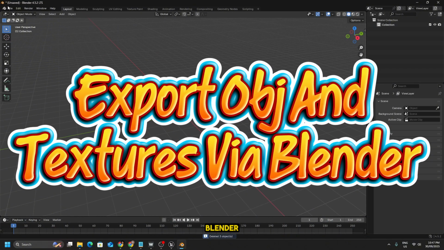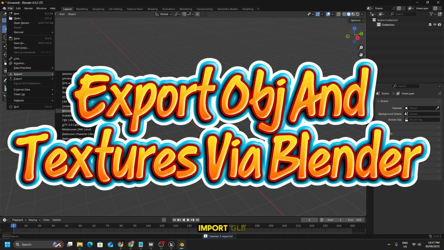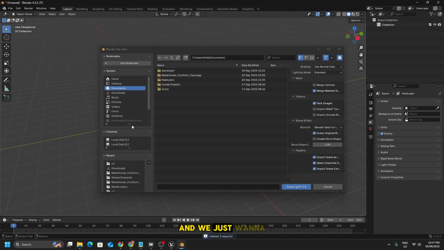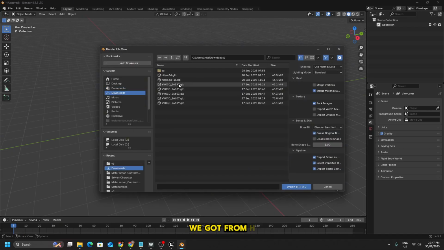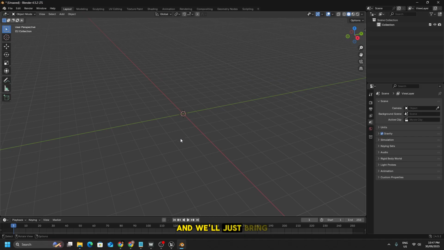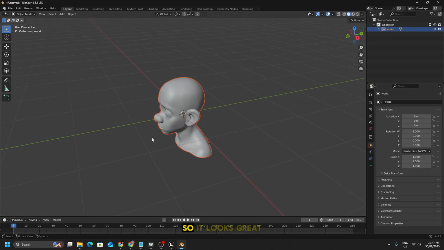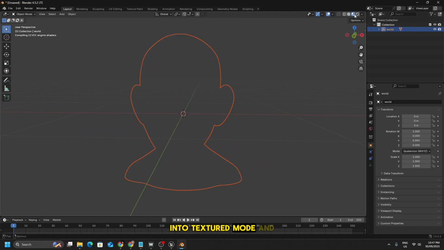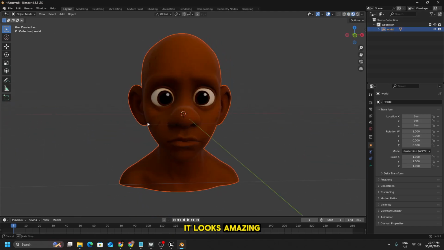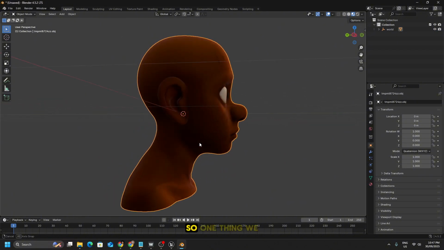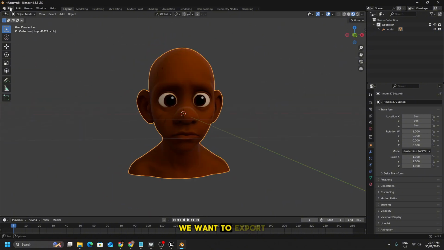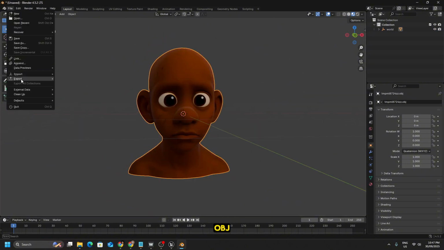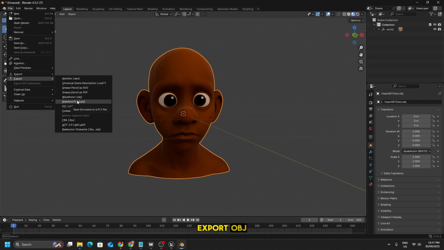Now we'll open up Blender, we'll go to File, Import GLB, and we just want to find that character that we got from hitem3d and we'll just bring it in. So it looks great. Let's change this into textured mode and it looks amazing. So one thing we want to do is export this out as an OBJ. So go to File, Export OBJ,